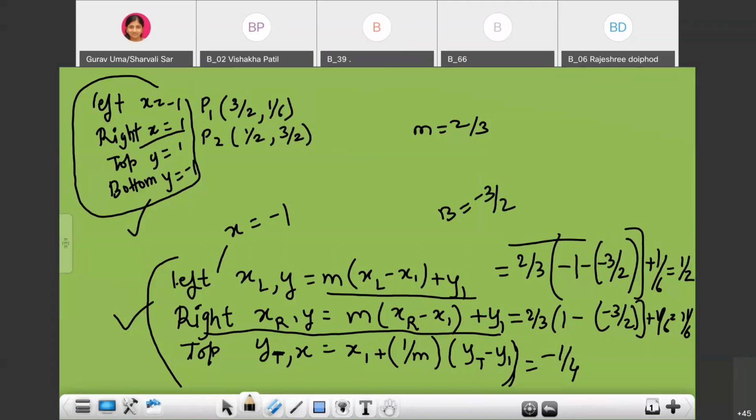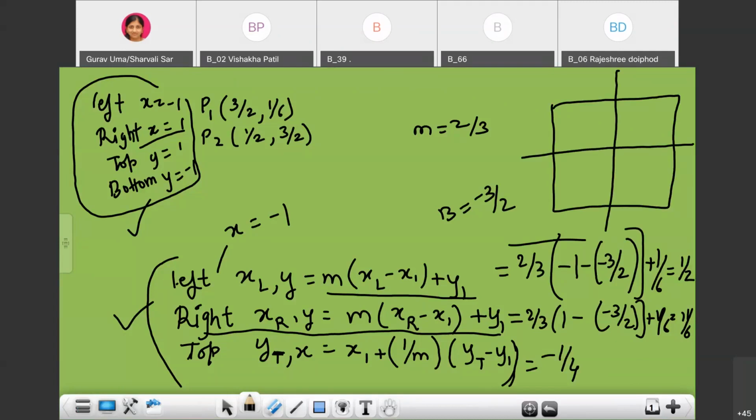So our figure, I will draw here. Suppose this is my window, this is my x-axis, this is my y-axis, and the line is passing from P1 to P2. This is my line P1 P2. The points for this window are: suppose this side is -1, 1, as it is left side and bottom side. Then for right side and bottom side it is 1, -1. For upper side it is -1, 1, and this side will be 1, 1.